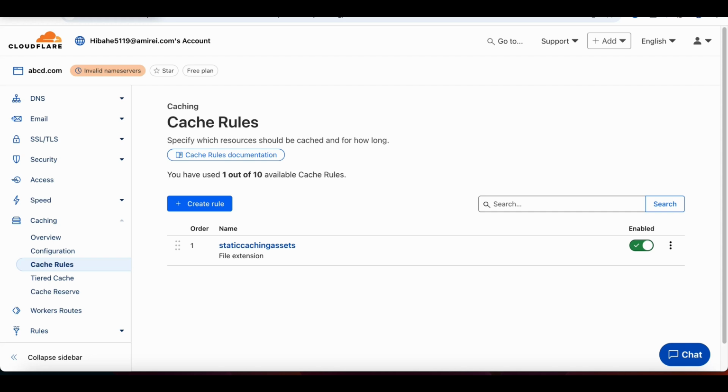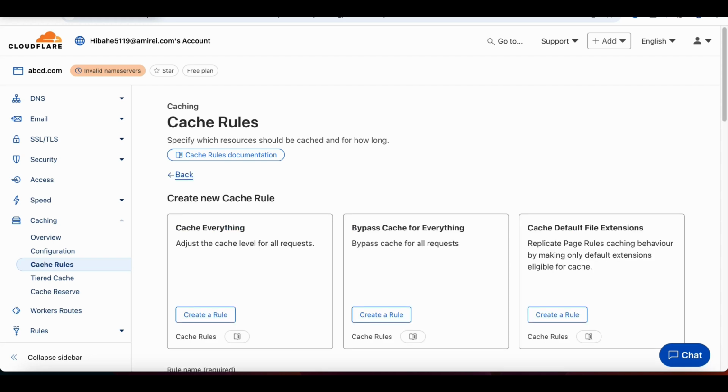By default you will not be able to cache WOFF or TTF files, that is the font extension files. You are not able to do it under the default setting of Cloudflare. Got it? Okay, we saw how we can define the